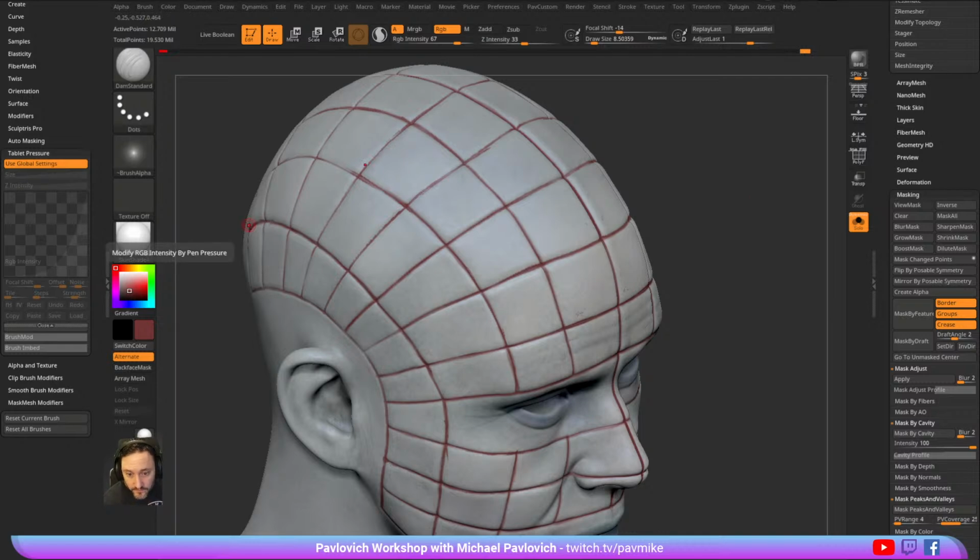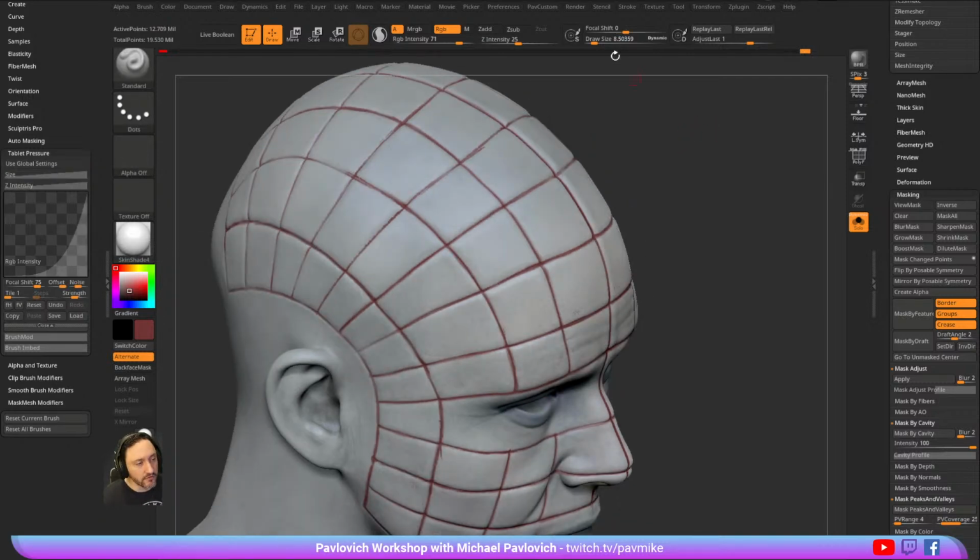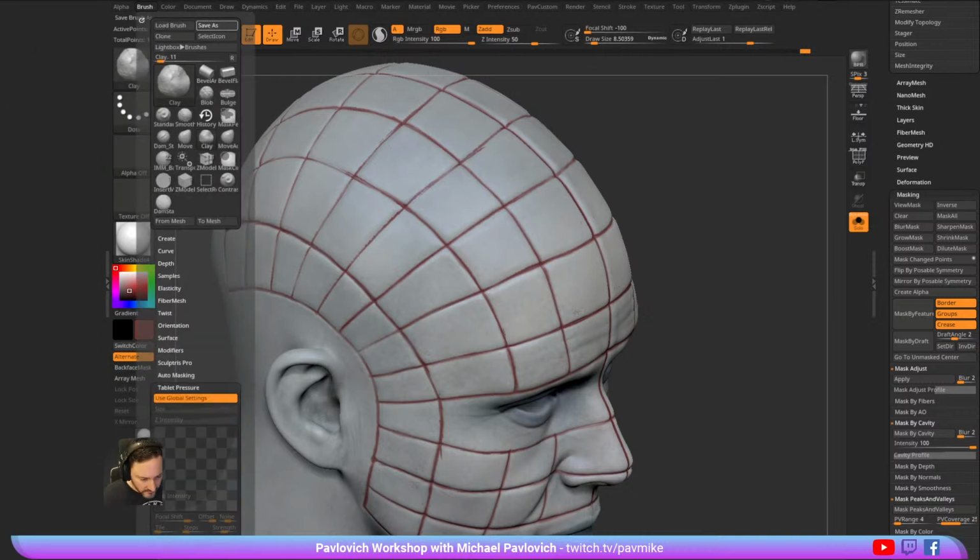Thank you, Bernardo. There's a way to keep the focal shift at negative 100 on the gizmo all the time. What you could do is, for your standard brush, you always want the focal shift to be negative 100, and then for your clay brush, you always want the focal shift to be negative 100. Set it to that, and then go in here to brush, save as, and you're going to save that into,